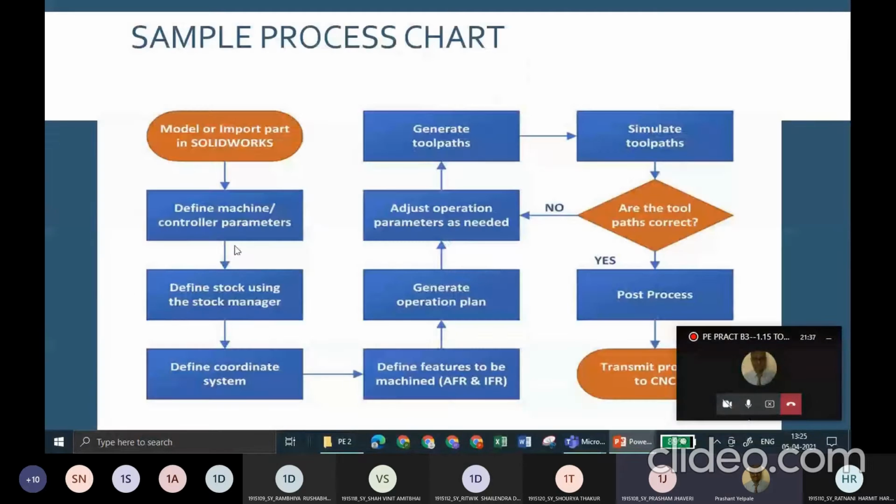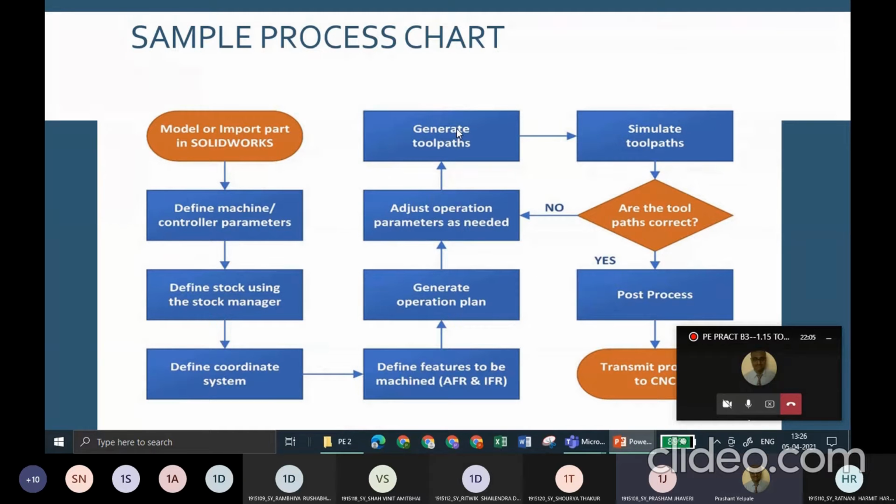This is the basic sample process chart where you import the part from SolidWorks and define control parameters. Then the manager defines the stock and the coordinate system is defined. Then the machining will start. It generates an operation plan, then adjusts the operation parameters.